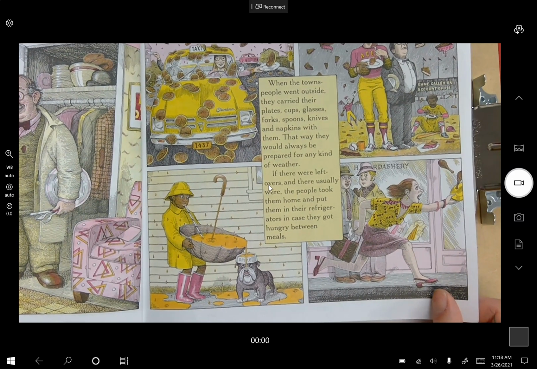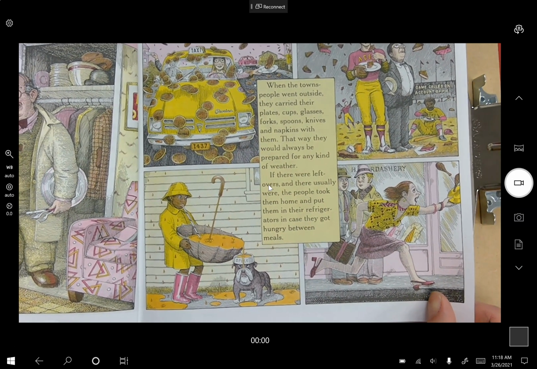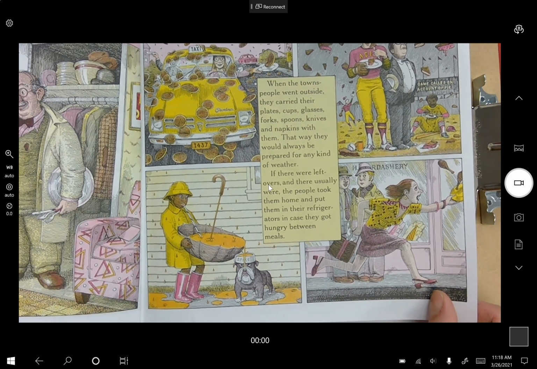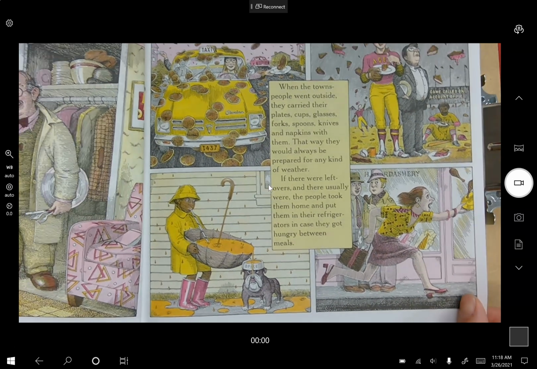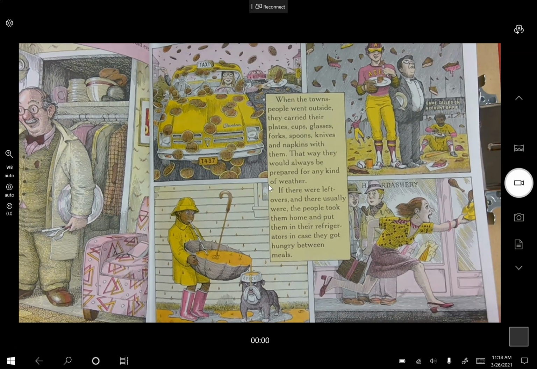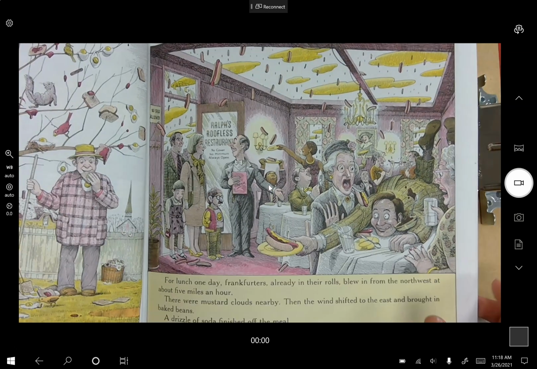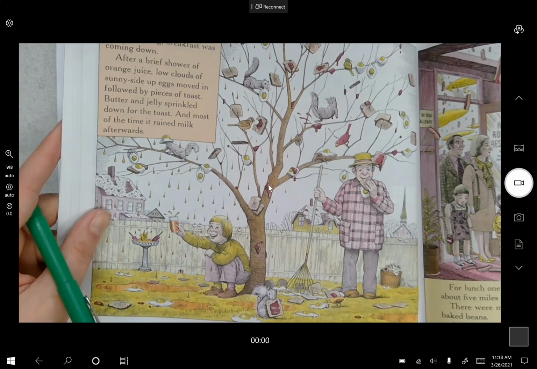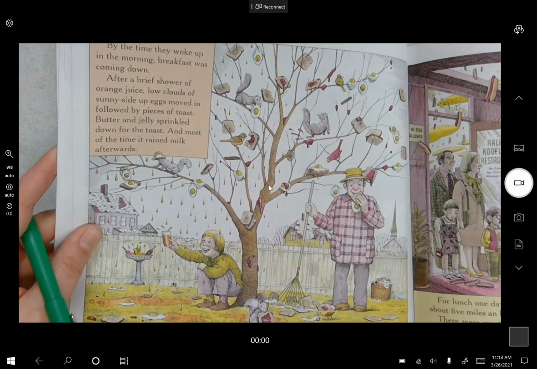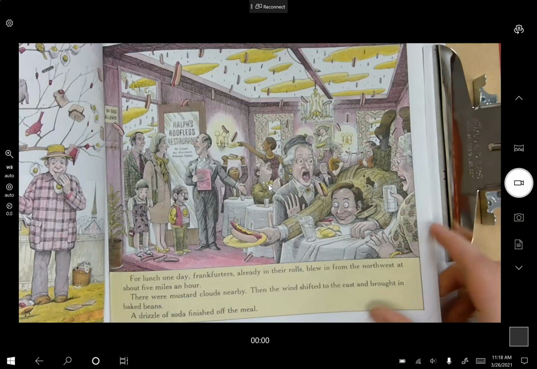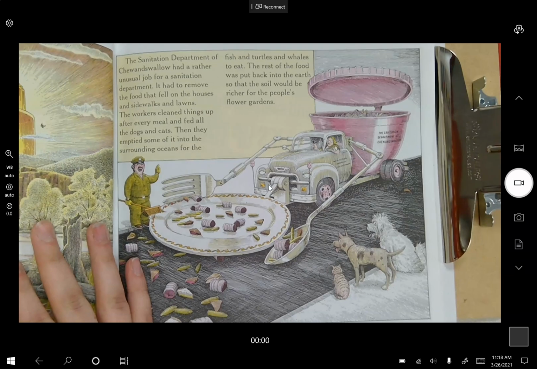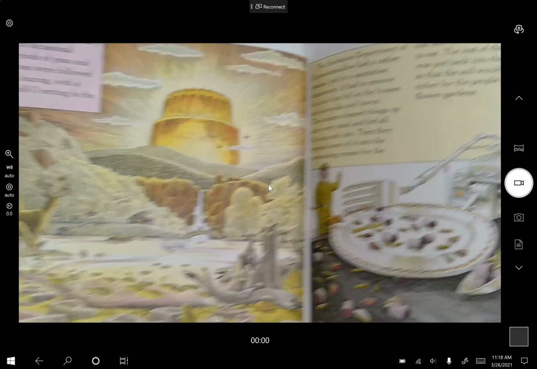Okay, so we see how the people of Chew and Swallow live their lives. A little different than you and me. I don't know about you, but I didn't have any pancakes falling on my car driving to work this morning. So we start to see that this would maybe be a cool thing if food was falling from the sky. Nothing bad so far. Okay, so far so good.